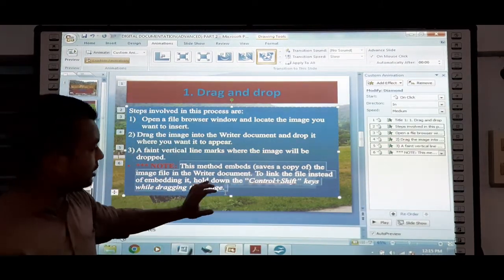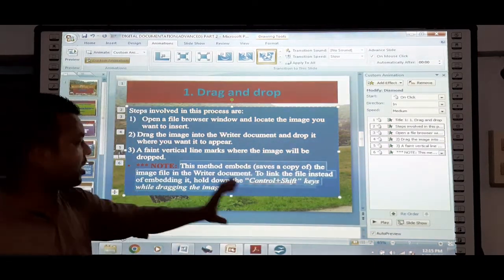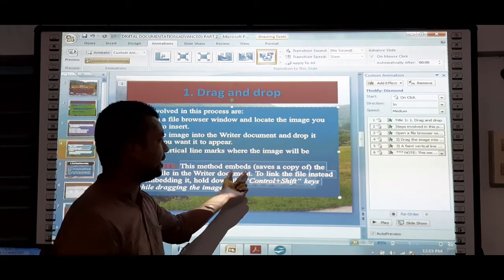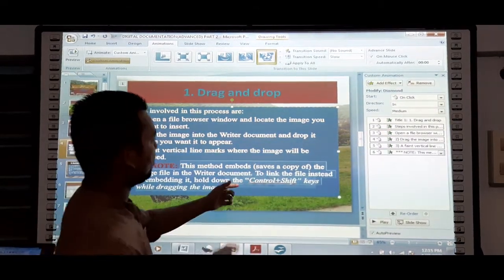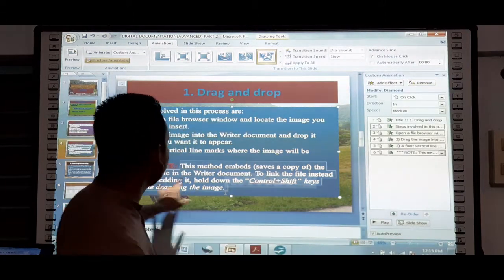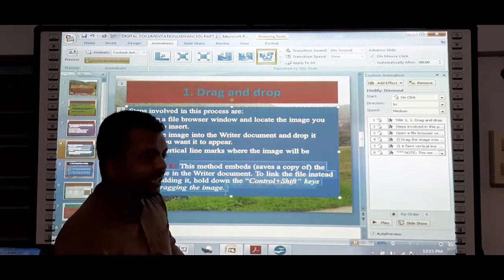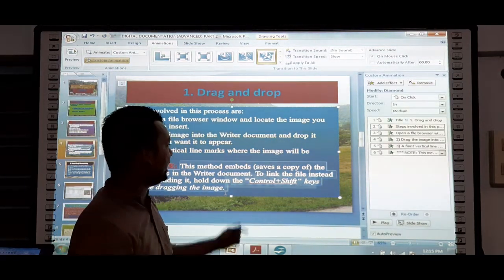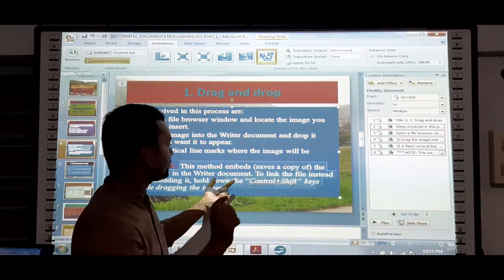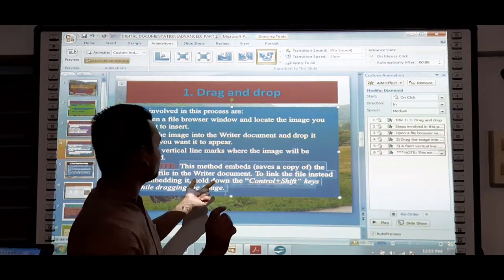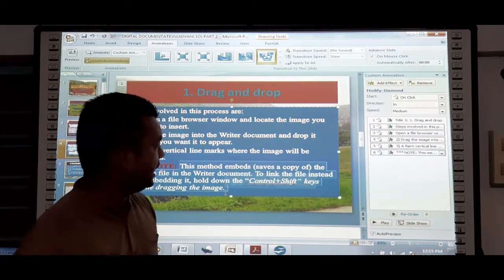The way by which we have inserted that image file into our document simply saves a copy of the image file into our document. That means when we drag and drop at that location, it will embed, and a copy of the image file will be saved in our Writer document.